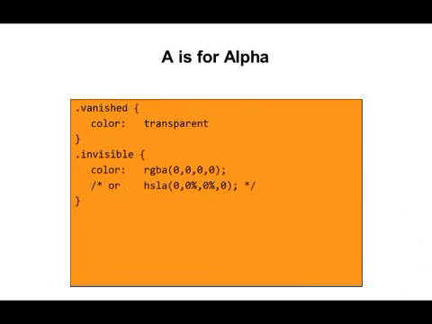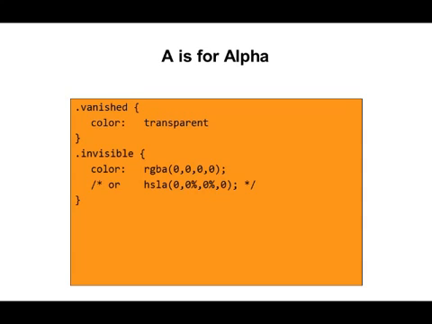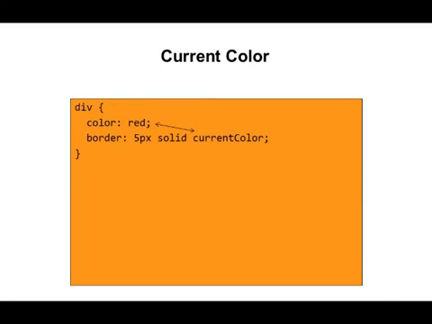But why is it A? Well, A is for alpha. What that boils down to is, to what degree do you want to see this thing? So we talked about before how you can have a class name called vanished and have it refer to a color called transparent. Well, you could accomplish the same thing here with, let's say, the invisible class name that refers to a color that's RGBA. Notice all zeros. See, a 0 in the alpha means you can't see it. Same thing for HSLA. Now, while we're on the topic of colors,